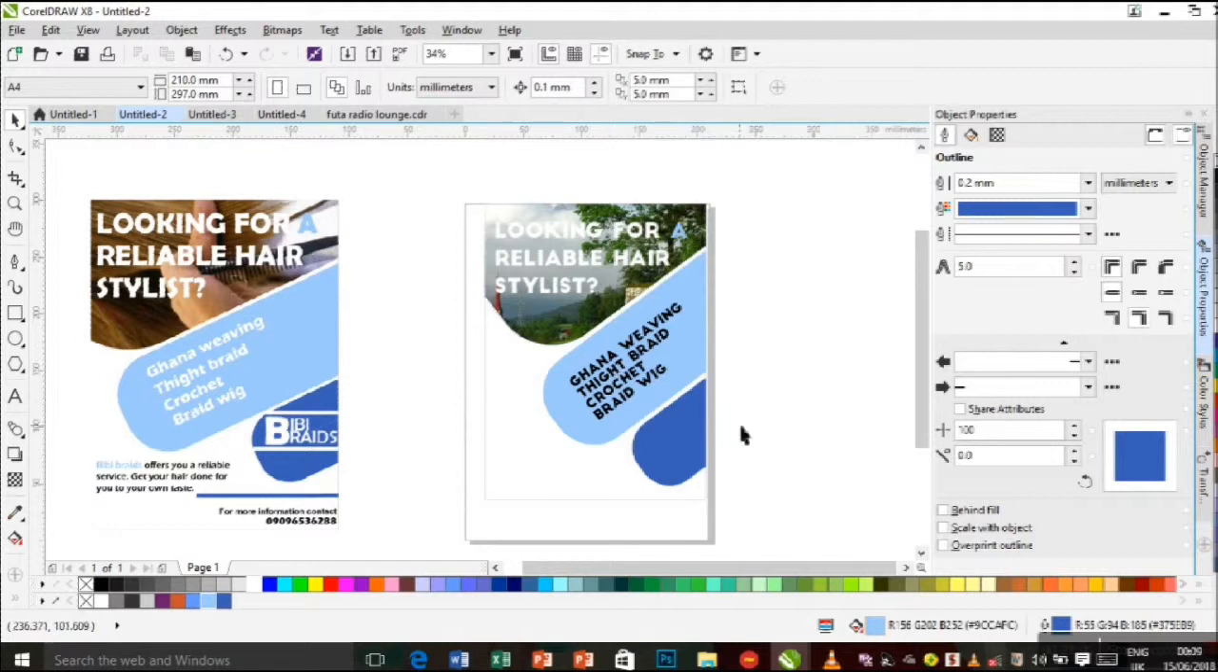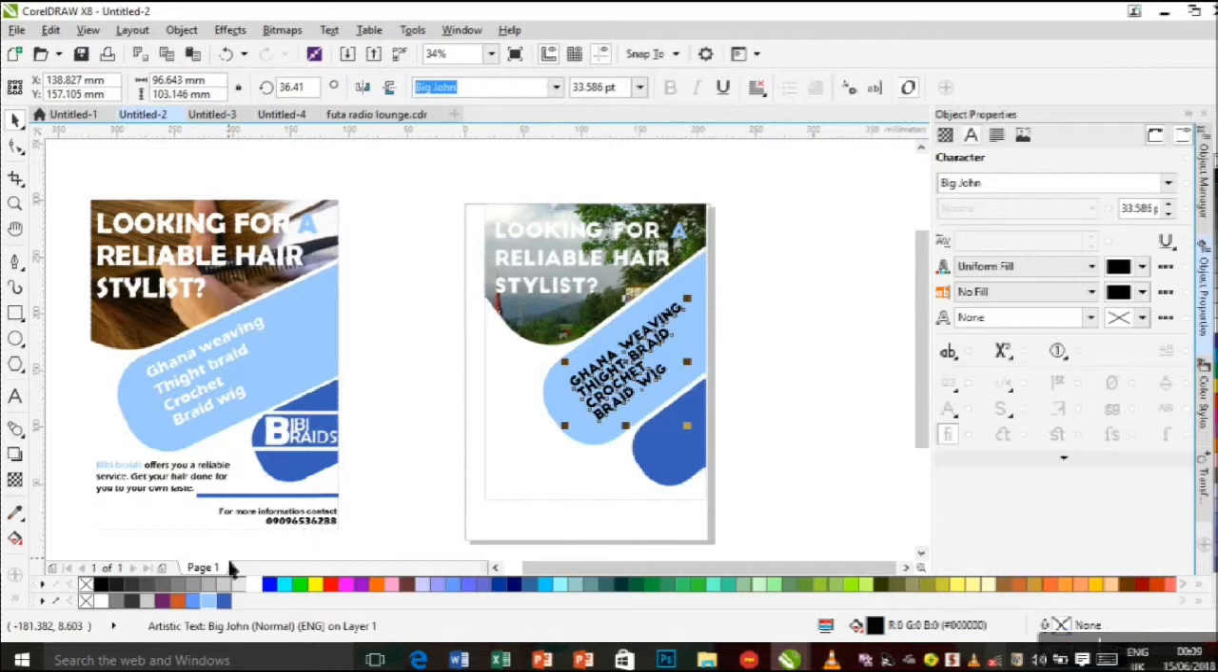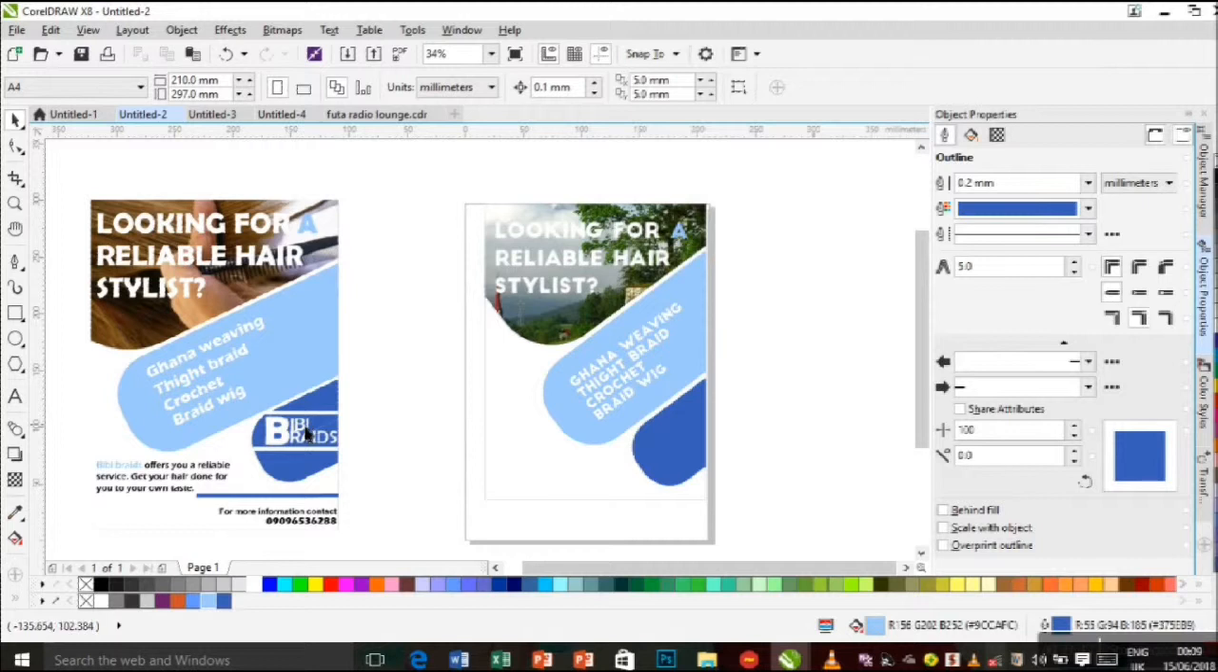In this design, I colored it white. You can decide to leave it black, but if you wish to use white too, you can come here and just click white to give the color white. Now we have the baby braids here. You can just put